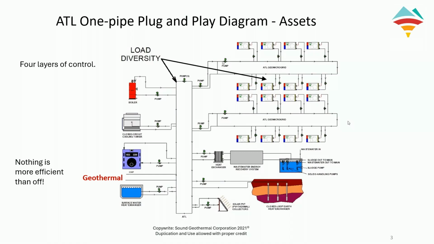Nothing's more efficient than off. An ATL uses an independent, large diameter HDPE pipe. Attached to that pipe are hydraulically separated independent circuits serving buildings or system assets. These assets may be, but are not limited to, gray water and black water systems, closed loop and phase change materials for storage or sink source use, solar thermal systems or PVT for energy addition or rejection,